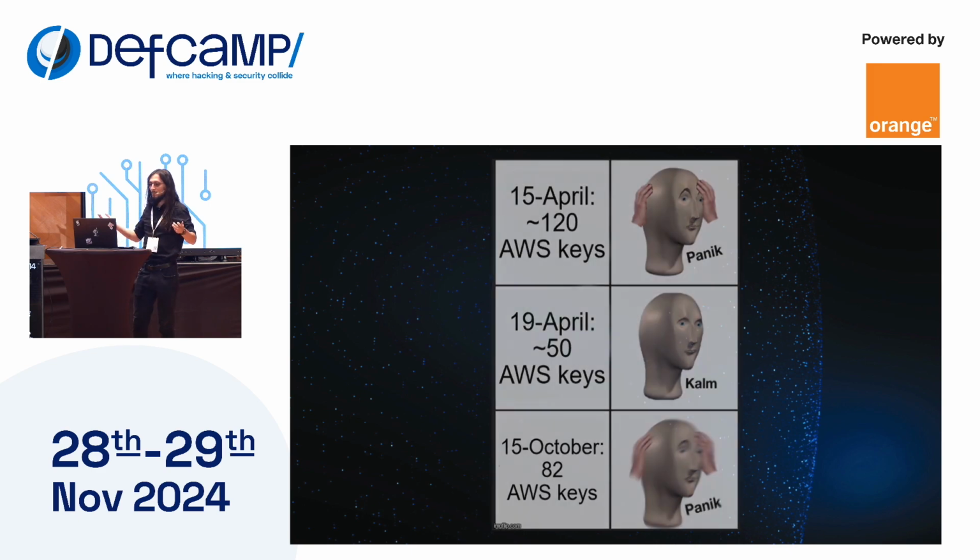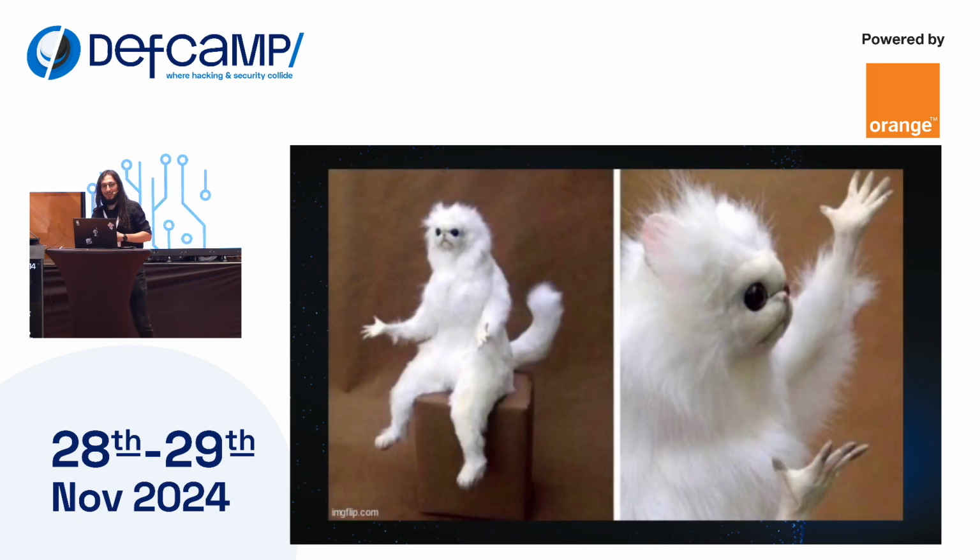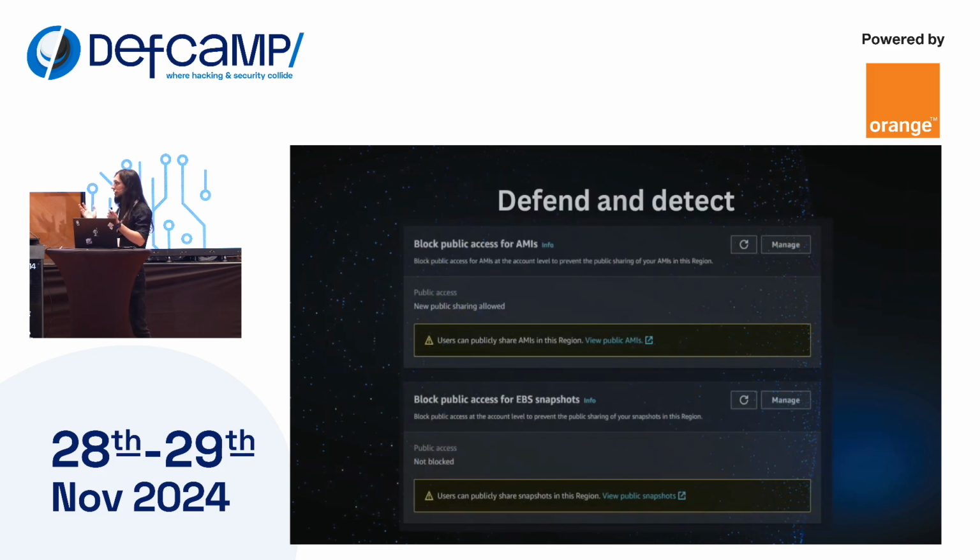And I don't have an explanation for it. I don't know why this happened. But me, just like you, I like to come to conferences to see the latest research, to see the most cutting-edge hacking techniques. But we have to remember that this is the state of the industry in some places. And maybe we should try to fix that before moving forward with other new things. But in any case, that was about the AWS access keys.